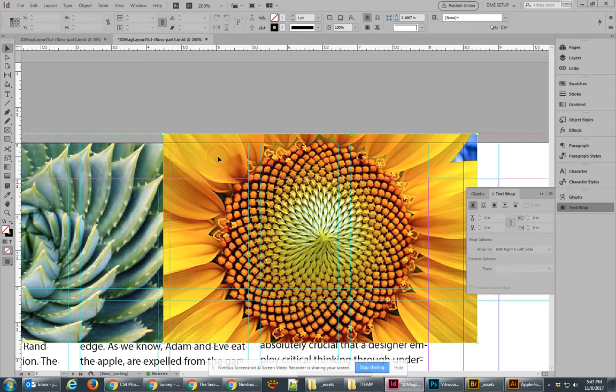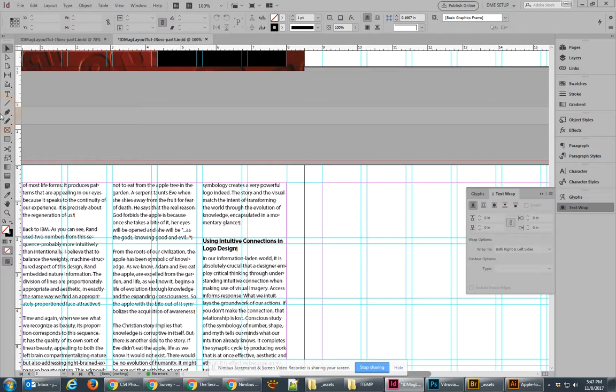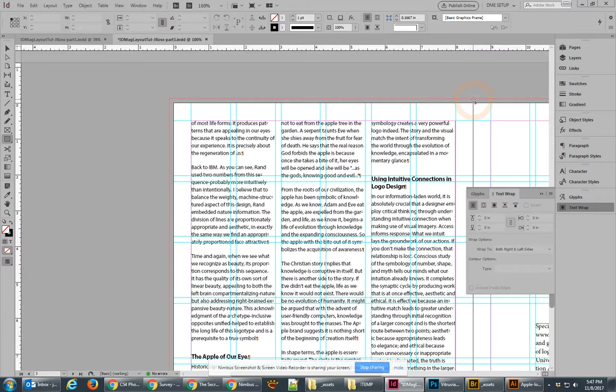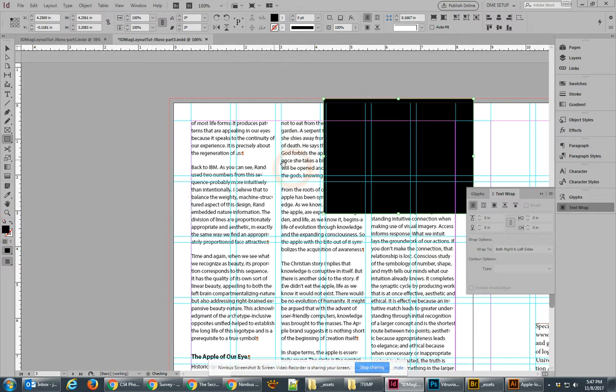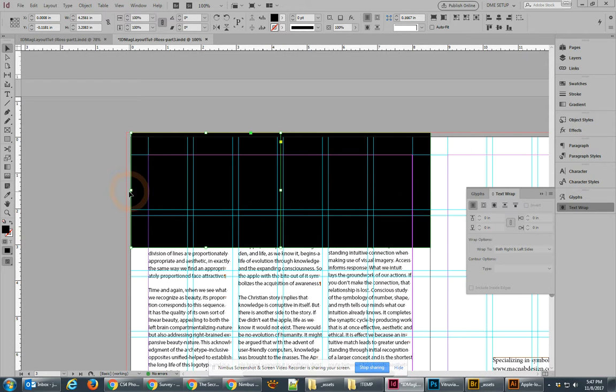But let's say that I know that I want to put a box that's even on both of these. So I'm going to do it a little bit differently. I'm going to create a frame that's going to go down to the center like that, and I'm going to just make it black like that for right now, so I can see that it's going to go right down to the center of my page. And then I'm going to make another one that goes to the other side, and this one has to be a little bit longer because of the bleed, but I have them meeting right there in the center. Now that I have those two boxes,